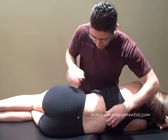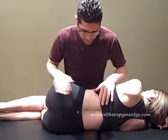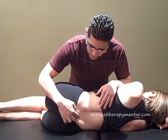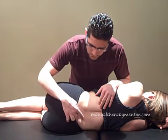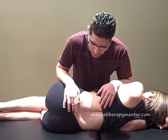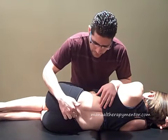So what you would like to do is position your patient, come forward towards me, position your patient lying down on the right side. So we have a restriction of flexion of L5-S1 on the right side, but we have an issue with hypermobility on that side, so we don't want to treat that side directly. So rather what we'd like to do is treat this side indirectly by coming on the opposite side, but biasing the right L5-S1